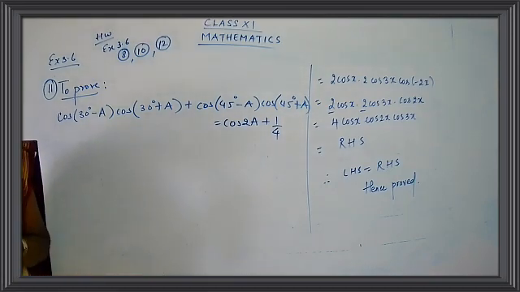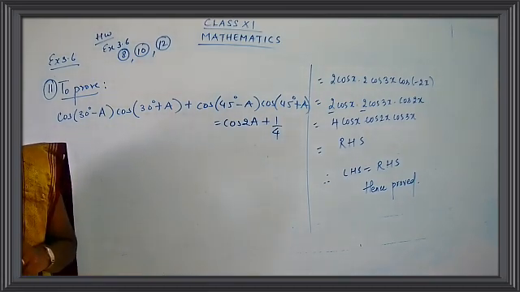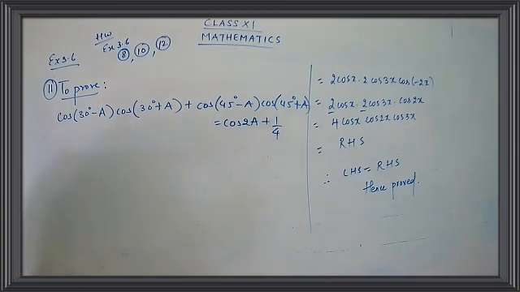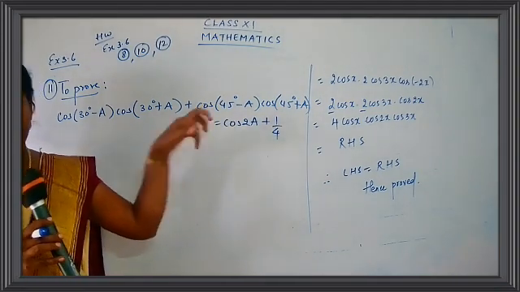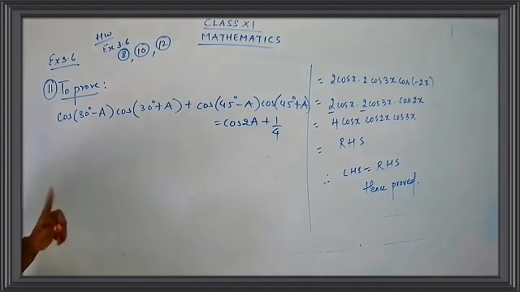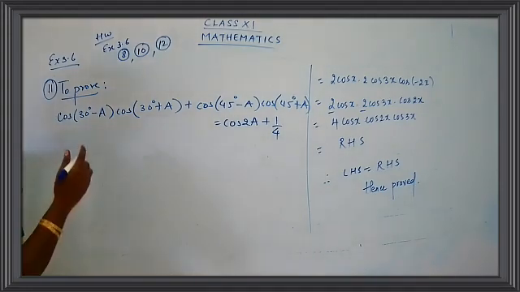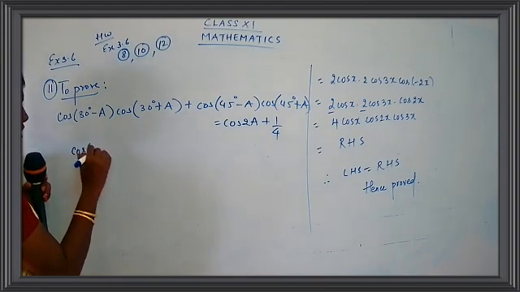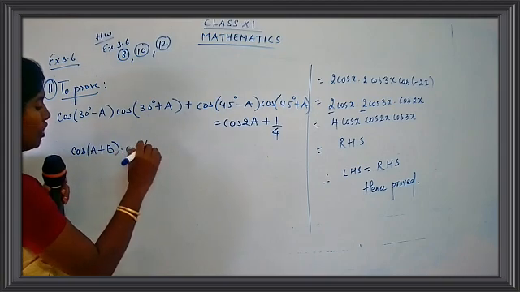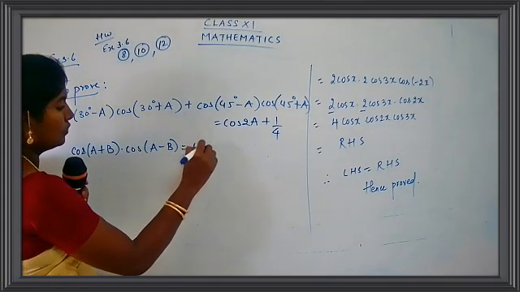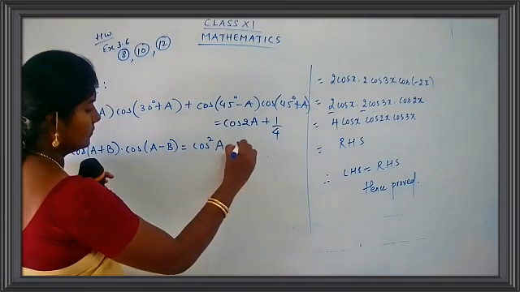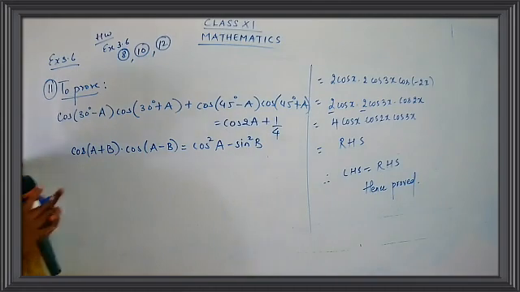Okay, children. Now coming back to our exercise. Let's come to sum number 11 from our exercise 3.6. So it's cos a minus b and cos a plus b. Again, you have cos a minus b, cos a plus b. So I'm going to use the first result, cos square a minus sine square b. Just mention the formula over here, children. Before you start with the sum, mention the identities or the formula. Cos of a plus b into cos of a minus b is equal to cos square a minus sine square b. So this is the formula.